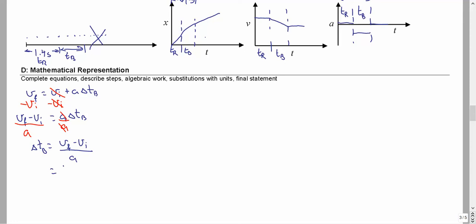So my final velocity is what? It's 27.8 meters per second. My initial velocity, I can't remember if the number was 38.1. 38.1 meters per second. And then I'm going to divide that by my negative